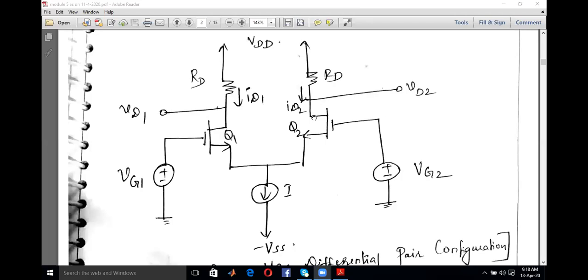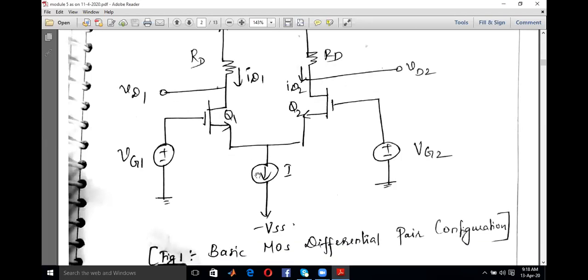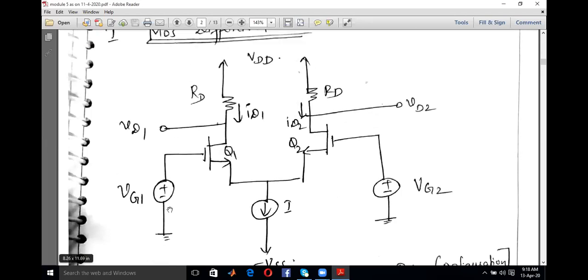I told you that this particular circuit can be implemented within an IC like an op-amp, because it does not have any capacitors and it offers the matched devices property also. So this can be used in integrated circuit designs. Is it clear? I'll repeat, you have two inputs, two transistors. These are matched transistors having two drain resistances which are the same.